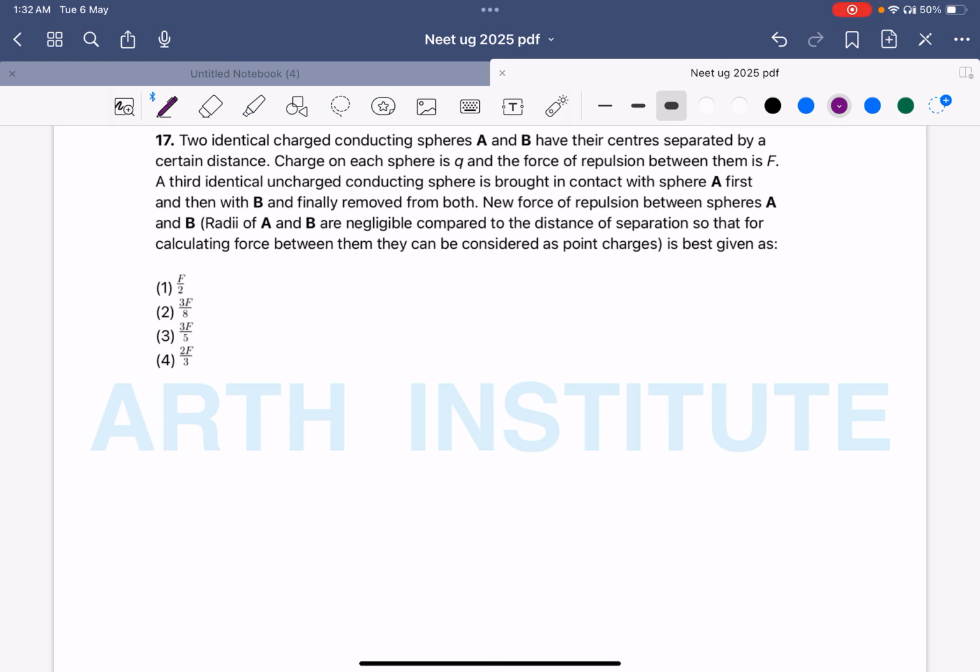दिस इज अ सिंपल क्वेश्चन। आपके पास दो कंडक्टिंग स्फीयर्स हैं जिनका साइज नेग्लिजिबल माना गया है। दोनों के पास क्यू चार्ज है और इनके बीच में ओरिजिनली फोर्स एफ है। सो योर एफ इज इक्वल टू के क्यू स्क्वायर डिवाइडेड बाय आर स्क्वायर। अब आप एक थर्ड स्फीयर लेकर आते हैं, पहले उसको इसके साथ टच करते हैं।